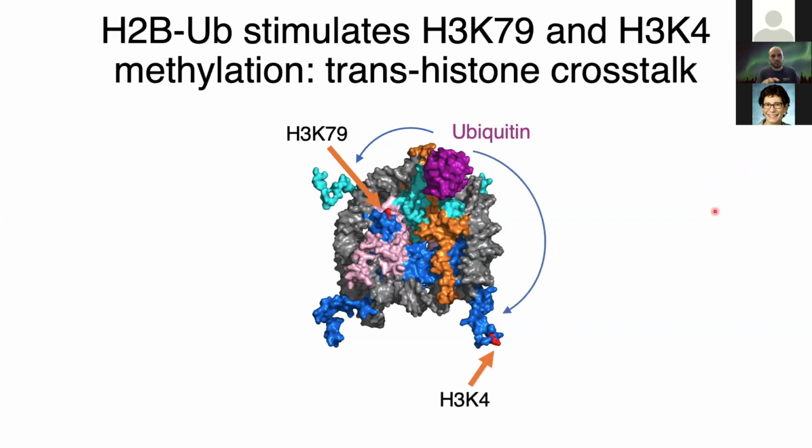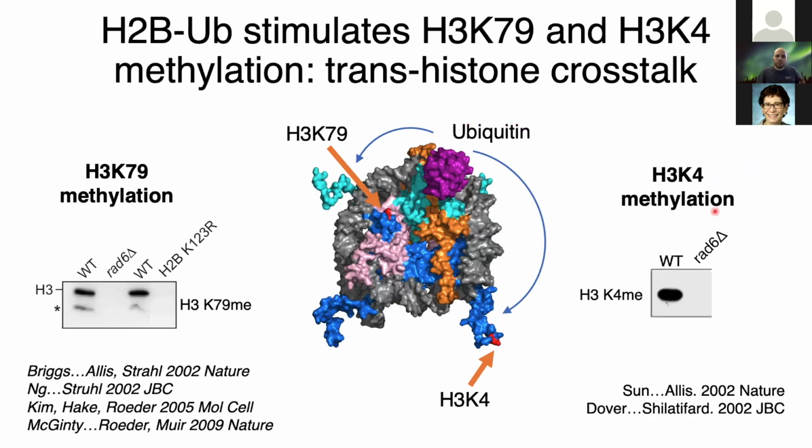This process by which one mark stimulates the addition of another mark is called histone crosstalk, or in the case of this between histone proteins, trans-histone crosstalk. The crosstalk between these ubiquitin marks and these methylation marks was elegantly described all the way back in 2002 by multiple different groups. What I've shown here is just some of the original data showing that,